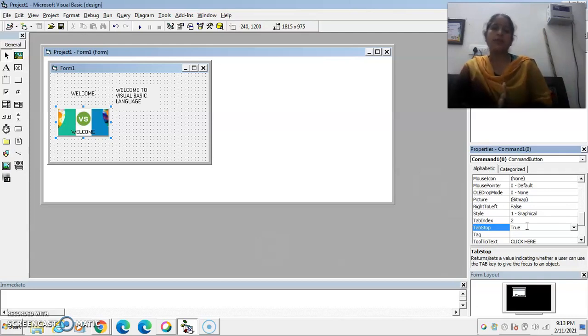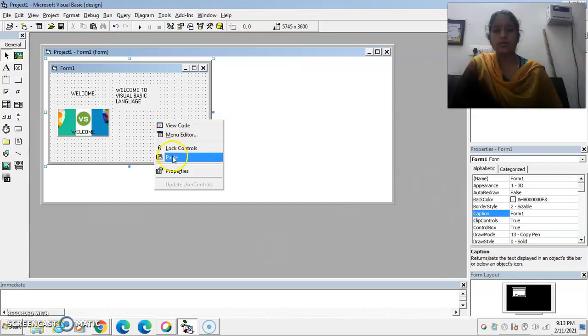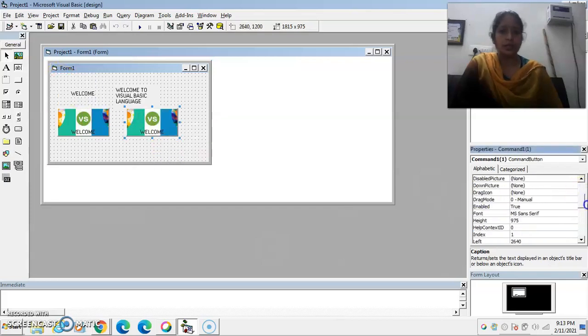It means when the user presses the tab key, then the focus moves from one command button to another command button in the tabular order. For example, I am creating here an instance of the command button. Now you see its tab index is set to 3 and its tab index is set to 2.